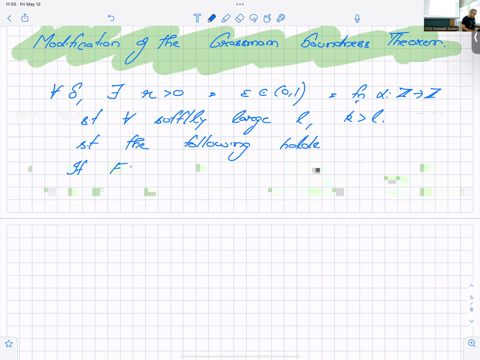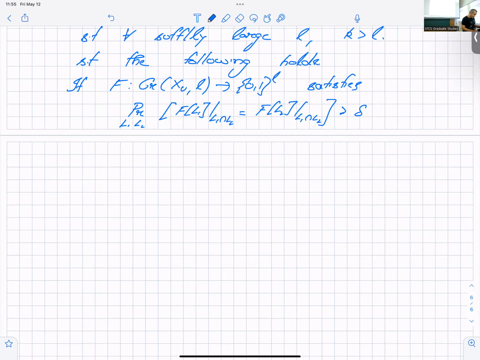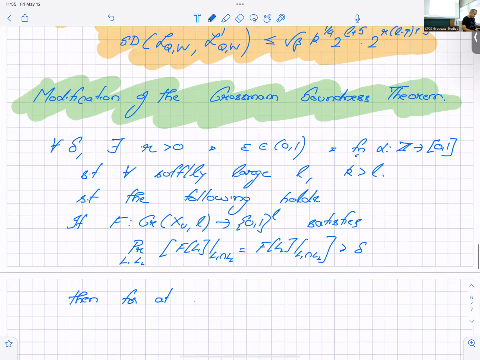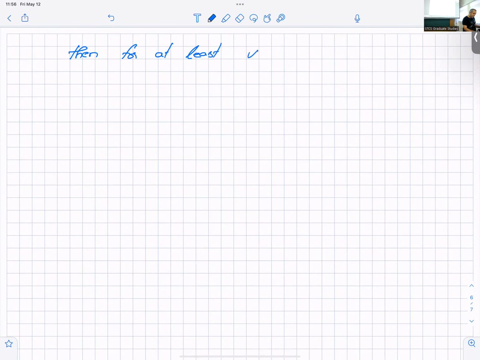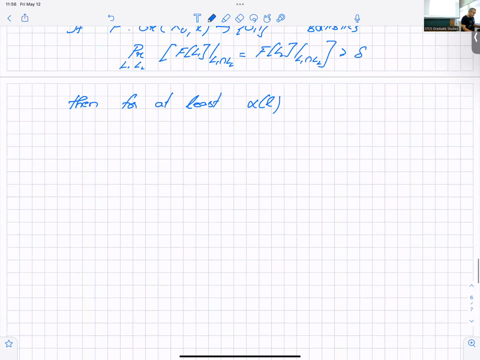If F, Grassmann XUL to 0, 1 L, satisfies probability over L1, L2 of F L1, L1 intersection L2, greater than delta, then, sorry, this is a number between 0 and, for at least alpha n, is alpha fraction